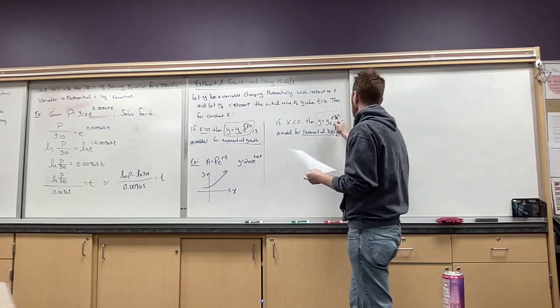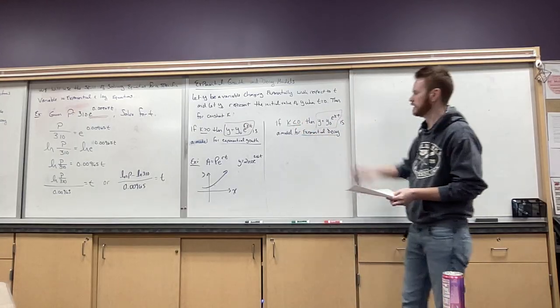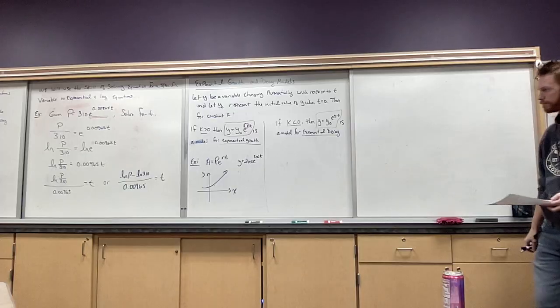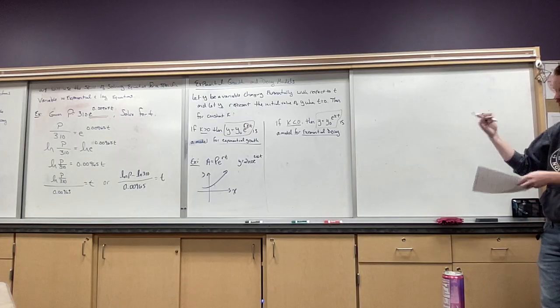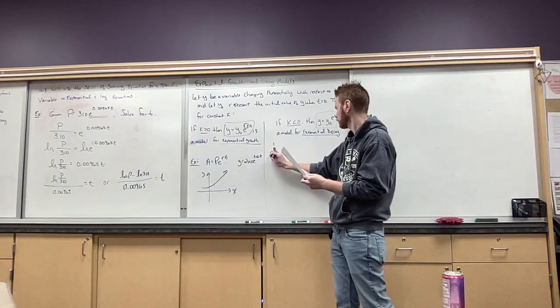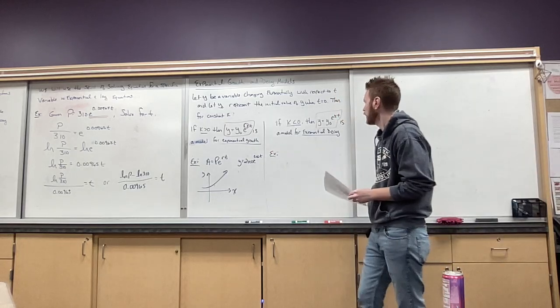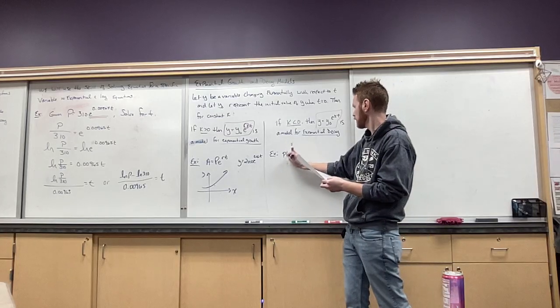If you look, it's the same model. The only difference is k is going to be negative in this case, which will change the whole thing because we have a negative exponent. It's taking the reciprocal of the value, so you're going to have a fractional looking function, I meant to say. So an example of something like this,